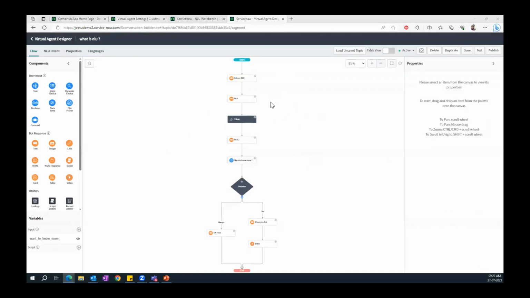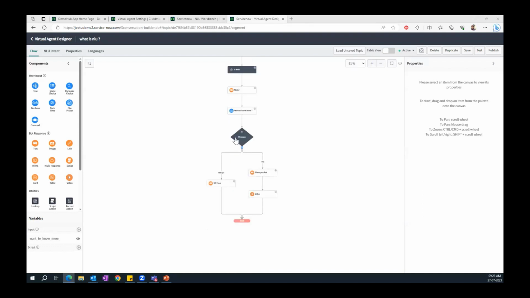It's a very simple flow. Start the conversation, information on the NLU. The system will start predicting the intent. So the intent was to know about NLU more, then supply the information and ask a question. If it is really relevant, you want to know more.